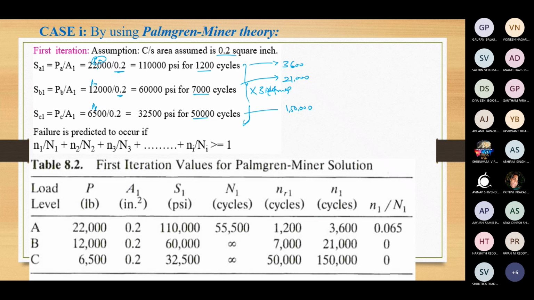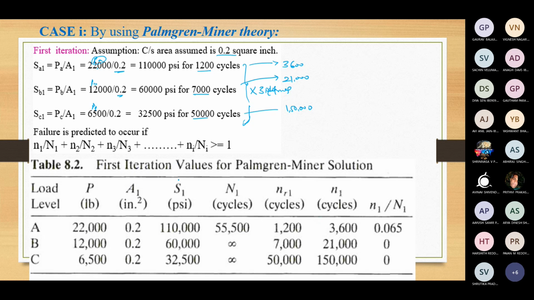And then we have also seen Manson's rule, where we can clearly make the difference between crack initiation and crack propagation. There again we cannot count all the 3 blocks together straightforwardly, but we can differentiate the number of cycles for crack initiation and crack propagation. That way we have to break it up. So this part I told you to work out on your own.